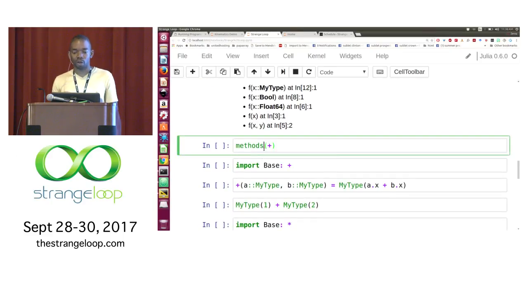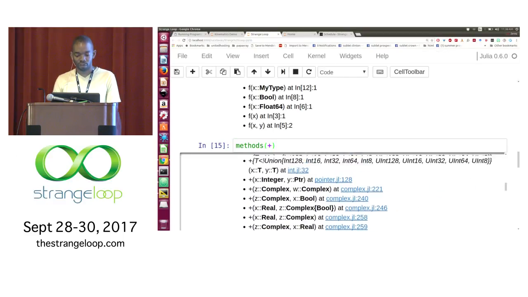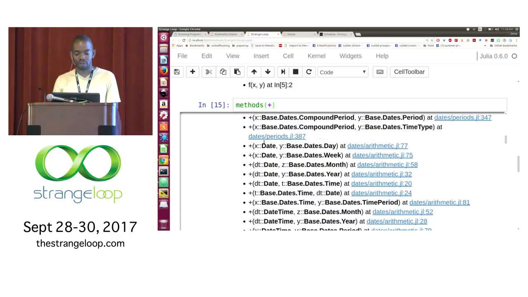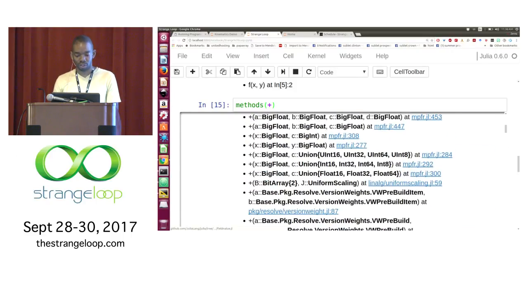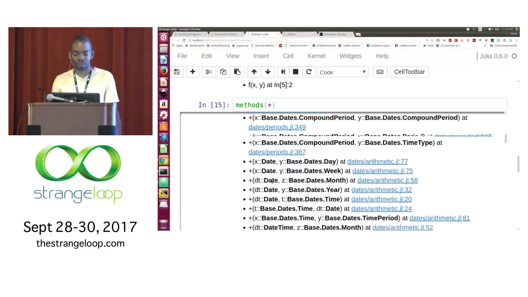And so I can look at a more common function, addition. Look at the methods of addition, and you can see there's a whole range of different ways people have overloaded addition. And this is just in the standard library. If I import other libraries, there'll be hundreds more. Julia is based around this idea of multi-method dispatch. You take functions and you overload them. It's kind of hard to explain why this is important, but once you get a feel for Julia, it becomes quite an incredible feature for a programming language.